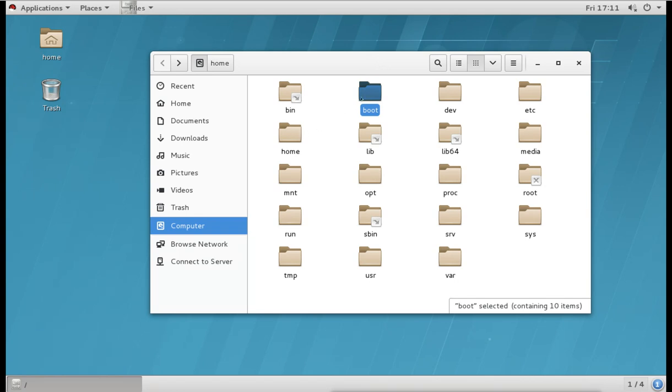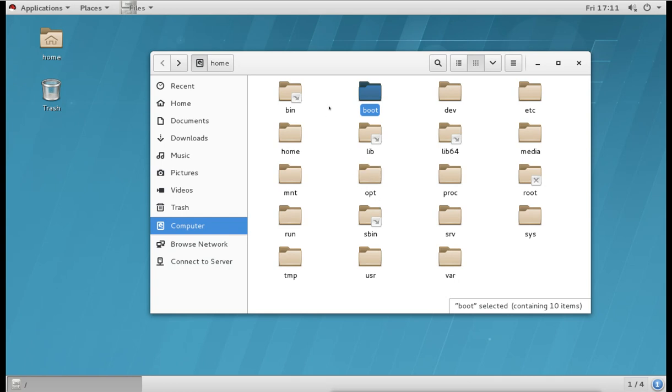But still those two directories they show under the slash. They will still remain under the slash. So whenever you open the slash directory, you will see these directories inside it. So just like this, we can create other partitions for the other directories also.